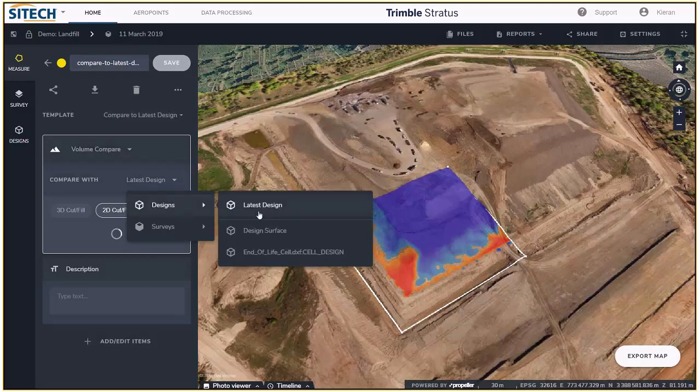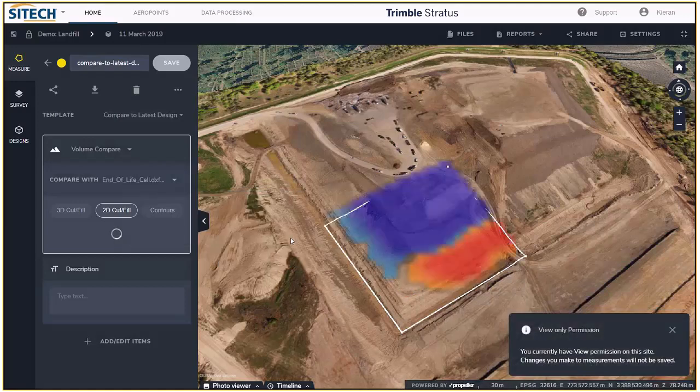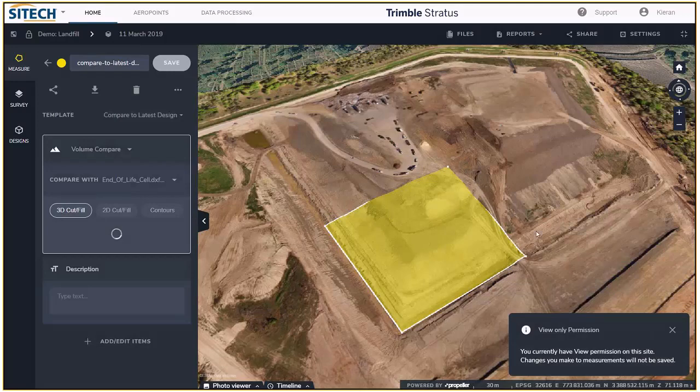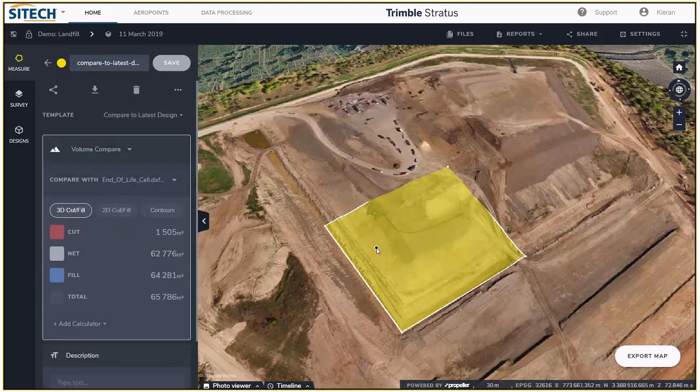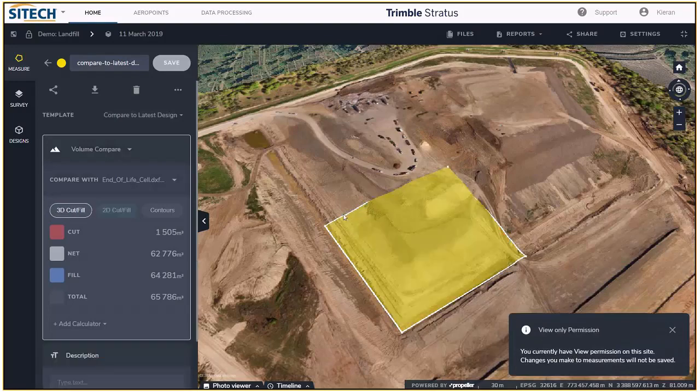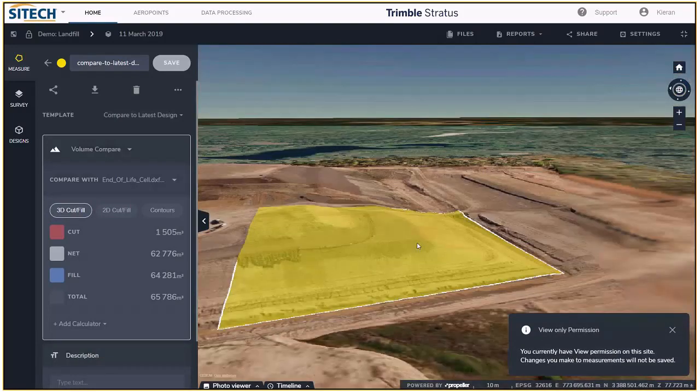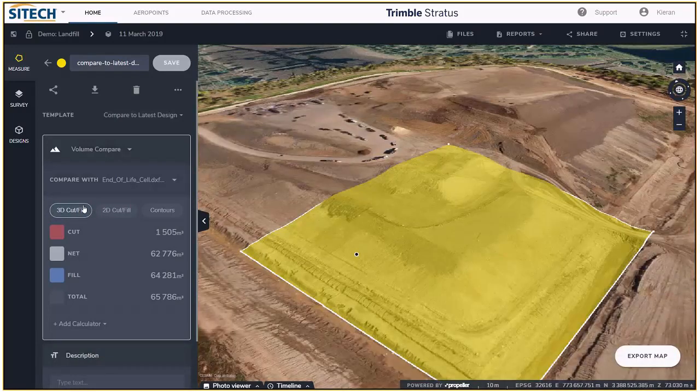I'm going to go to that single end of life design. So there's only one design in here, but you could have several. You could have plenty. So this is the final. I don't know how long the life of this project is, but you might have a monthly goal, you might have a quarterly goal, a yearly goal, and then a final. Great. So we have significantly more fill to be done here,